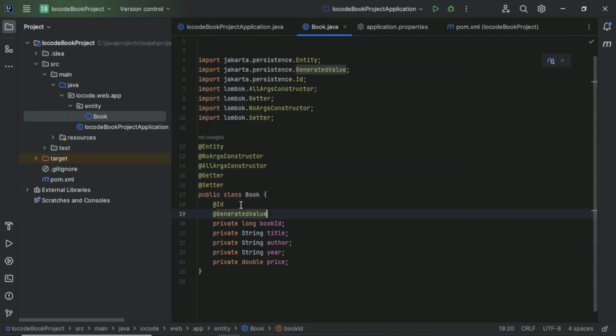I want to set a sequence, or sorry, a strategy